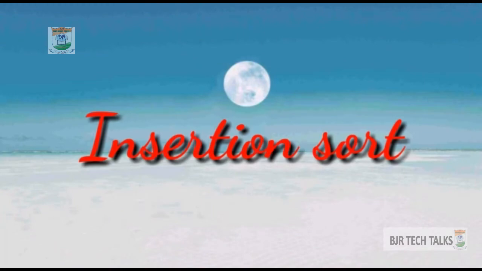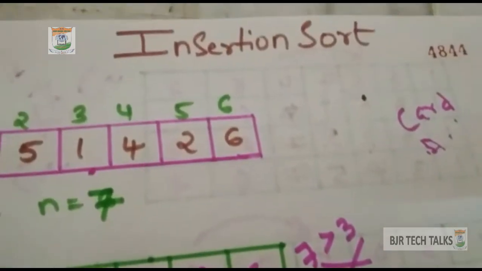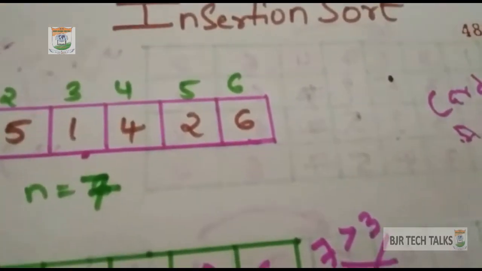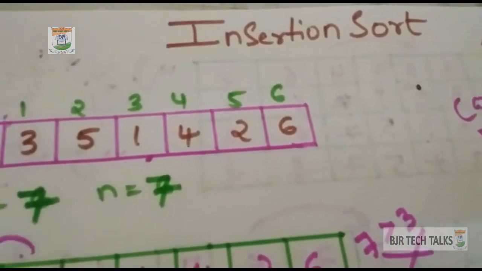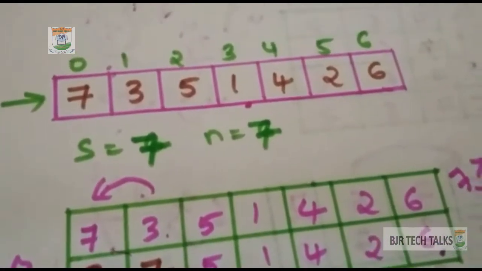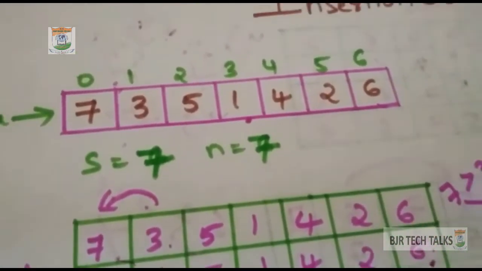Now we are going to discuss insertion sort. Insertion sort can be defined as the number of elements must be arranged in its appropriate position, or in its correct position. So here I have taken 7, 3, 5, 1, 4, 2, 6 in an array,